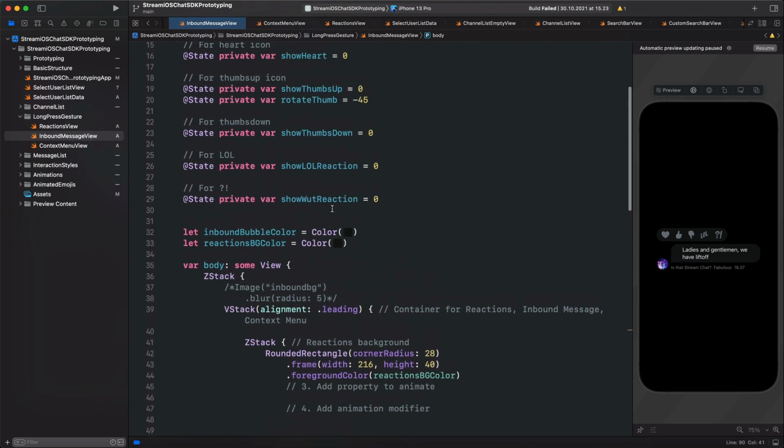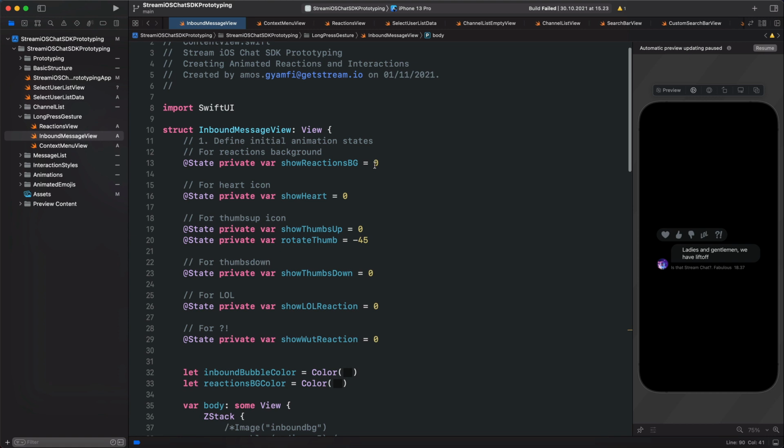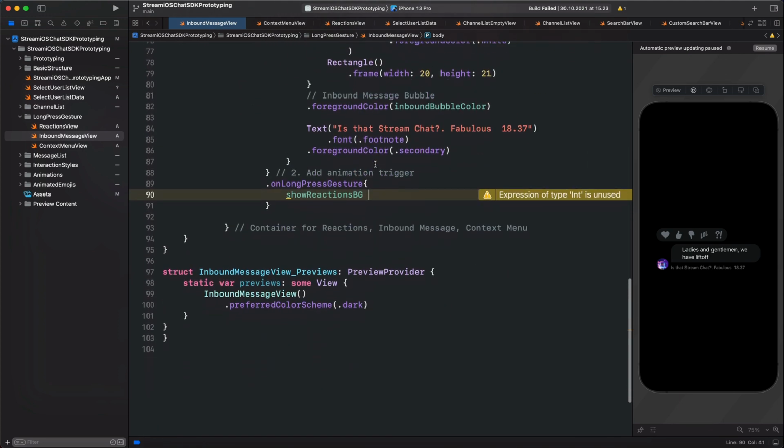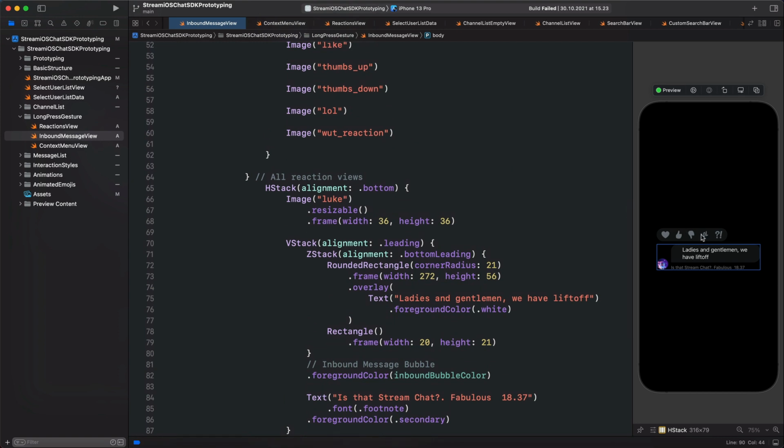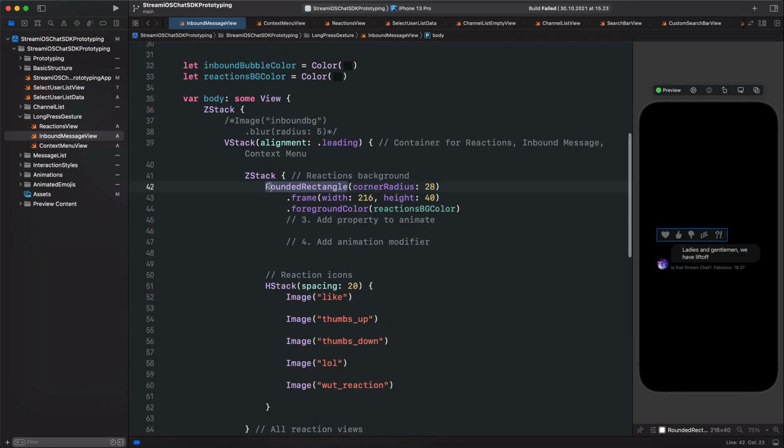You can see over here, the initial state is set to 0. So in that state, we will have the background hidden. And in the final state, we want to show the background. So I'm going to bring an equal sign and set it to 1. What we have to do next is to use the state to animate the property we want to animate. So let's go to where we have the background, that is the rounded rectangle. This is the background of the reactions. So we are going to attach the property we want to animate over here,